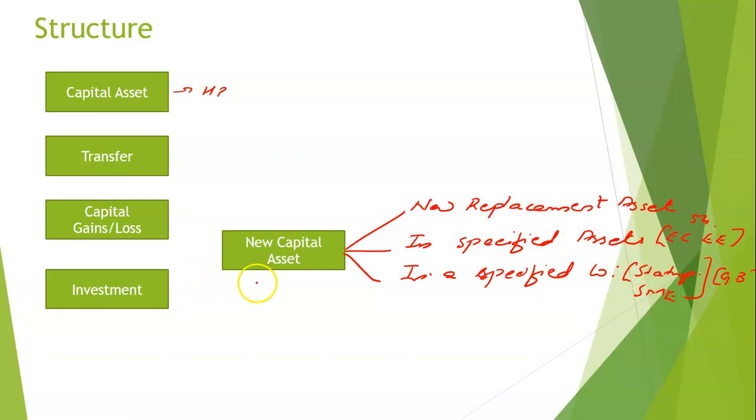Or the ICAI can choose to make this investment in a specific deposit scheme and an account scheme known as the capital gain deposit scheme. That is a scheme provided by the Income Tax Act such that if the ICAI does not find a new capital asset wherein he can invest, and he doesn't want to pay any tax for the capital gain that he receives out of this whole sale transaction, then the ICAI can put that money in a deposit scheme, the capital gain deposit scheme. So the investment can be by way of getting a new capital asset or putting it in a deposit scheme